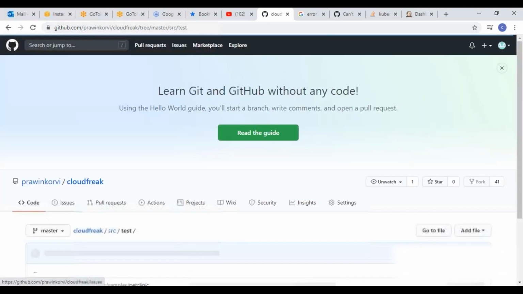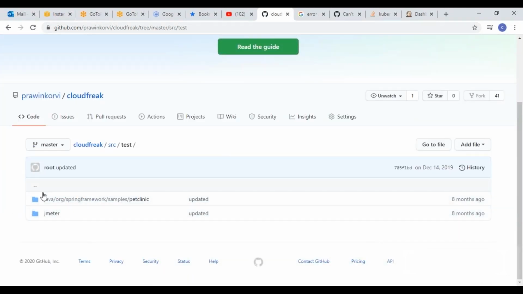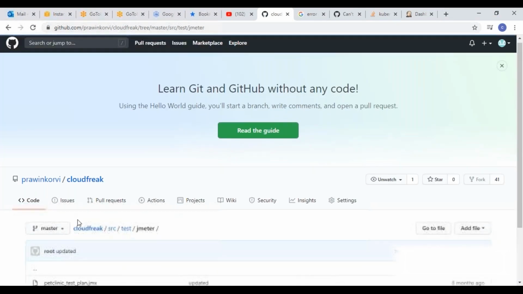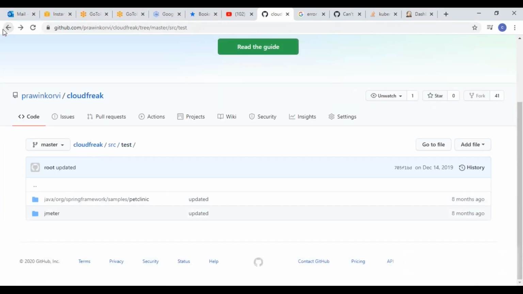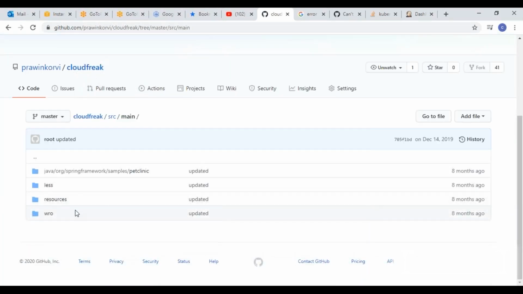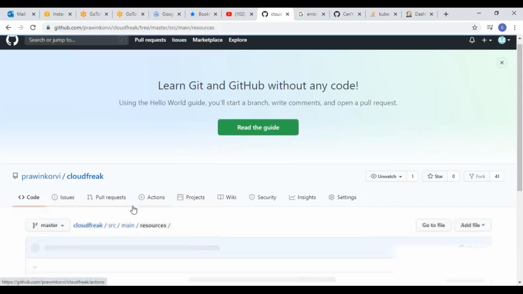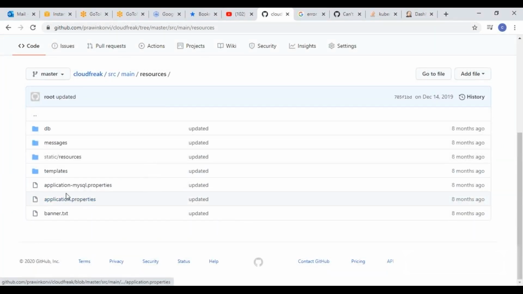Okay, if you see here test cases, they will write some test cases here, and with the help of JMeter, it is going to do the test cases. Now, if you go back, this is the main code. Okay, so resources, if you see here in the resources tab, you can see all these things, and this is